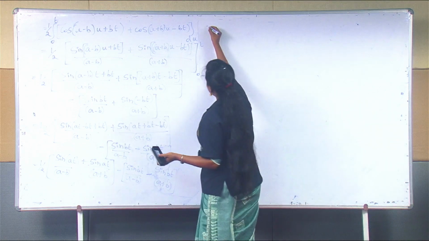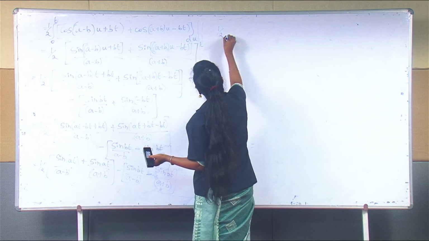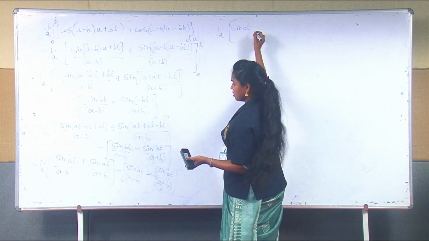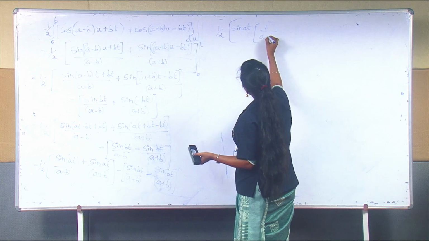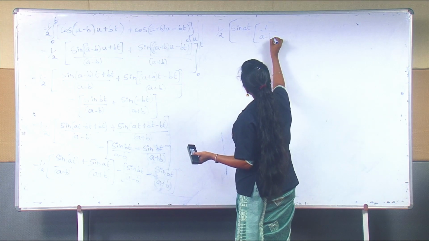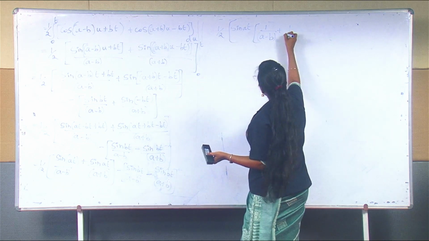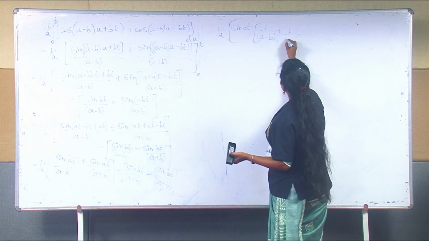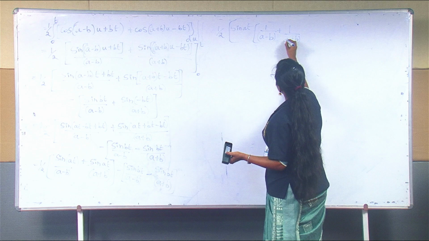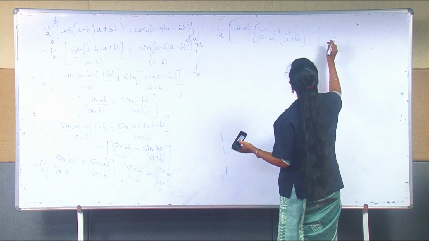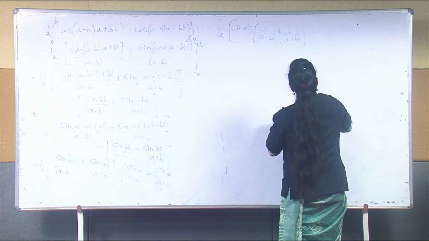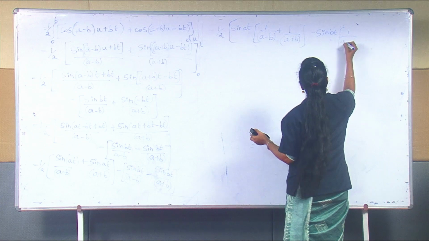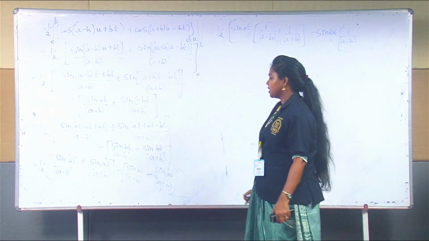I am just taking out 1 by 2 sine at. Here we are having 1 by (a minus b) plus 1 divided by (a plus b). And in the next term, minus of, what is the common term? Sine bt is the common term. Sine bt into 1 divided by (a minus b)